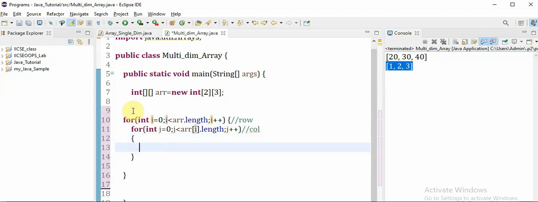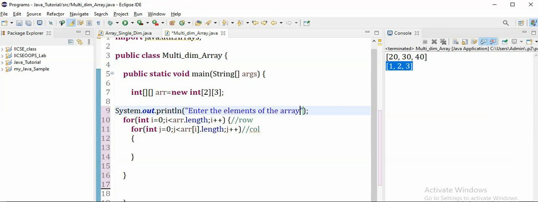We are going to get the data from the user. So for user friendly nature, we'll give a prompt like "enter the elements of the array". This will help us know what to do. Whenever we want to get data from the user, one of the ways is using the Scanner class.